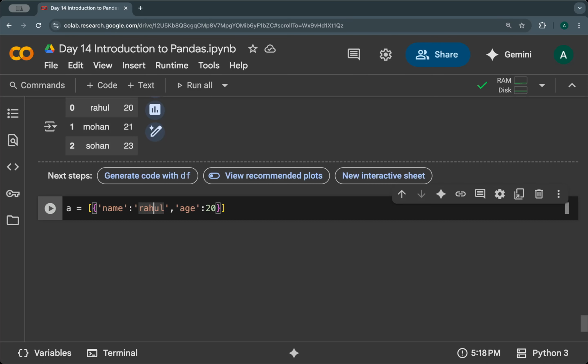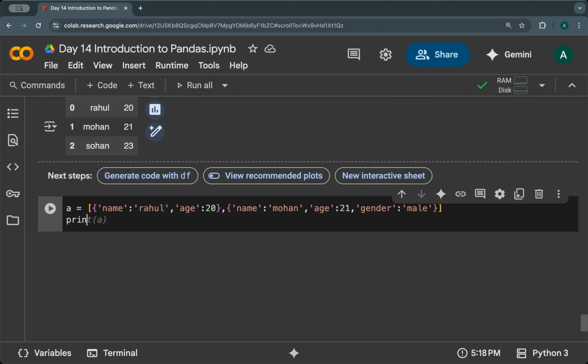Then we have one more dictionary where we have name as Mohan, then age 21, and gender we have male, right? This is my